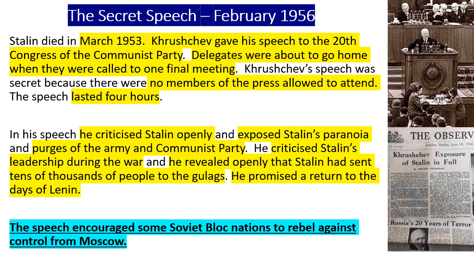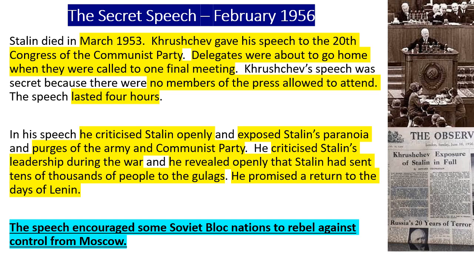Soviet Union. Now, not annual, but every few years they had this Congress of the Communist Party, a meeting, they'd all been there for days, making speeches and applauding everything that was mentioned by Khrushchev. Just as everyone was about to go home on the Sunday, I think it was, he called everybody to a last-minute meeting. No members of the press were allowed, nobody's allowed to record it, and he just wanted to say a few words to everyone. Well, he stood there for 4 hours and made this infamous speech, and in the speech he did some amazing